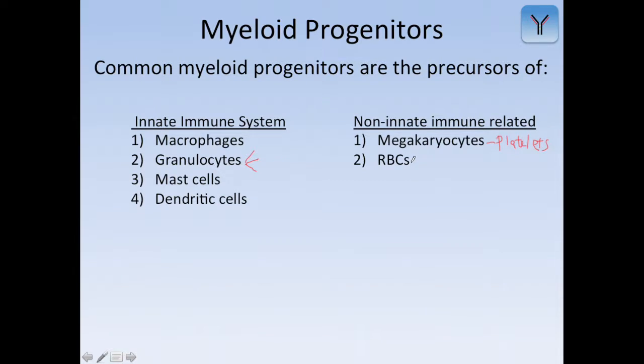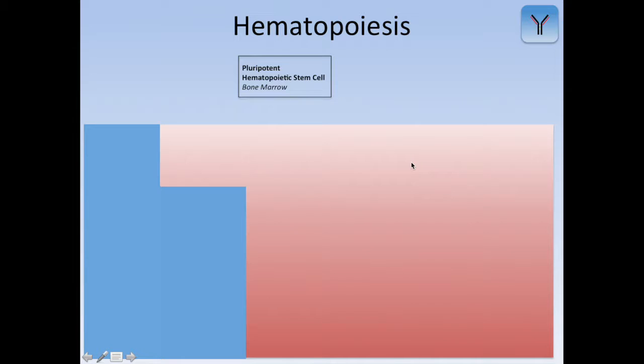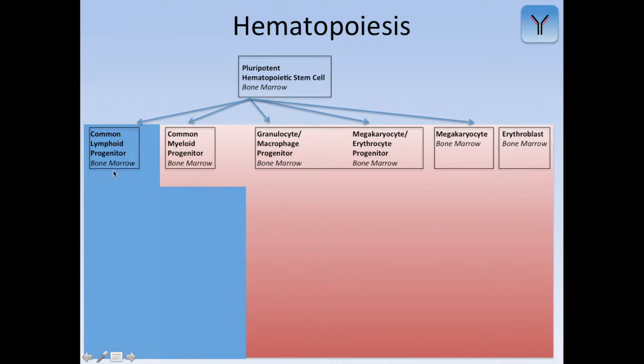Okay. So let's get back to this chart here. I'm just going to fill it out slowly so that it actually helps us understand. Let's start with the hematopoietic stem cells here. Hematopoietic stem cells in the bone marrow, so I put the location of where they reside underneath in italicized font. So the pluripotent hematopoietic stem cells in the bone marrow, still in the bone marrow, can generate lymphoid progenitors and